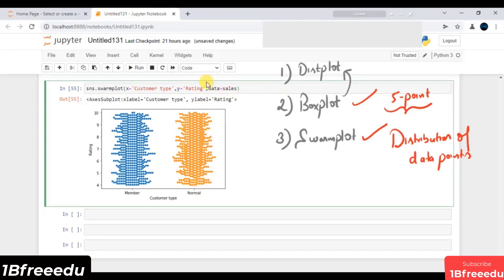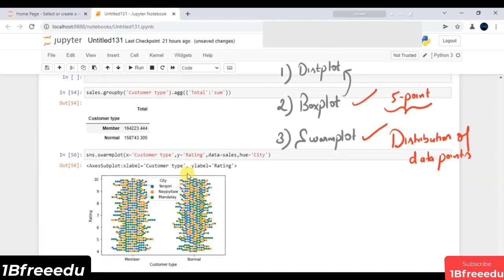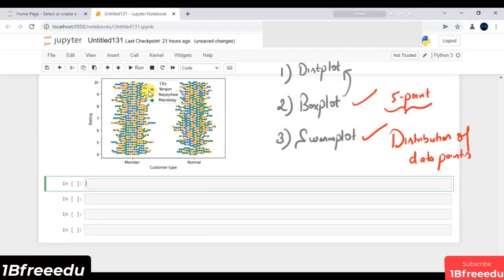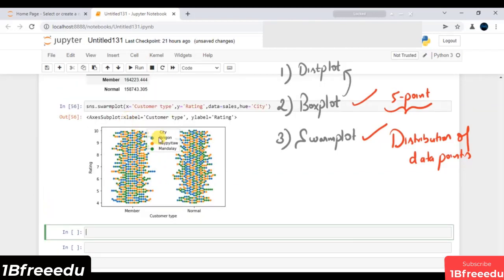So let's try to make it more user friendly. What I will say is, let's use this hue parameter, and let's distribute data points on the basis of my city feature. And if I again execute this line of code, now you will see these blue data points are with respect to Yangon, and these are all the different color data points that are associated with all the different